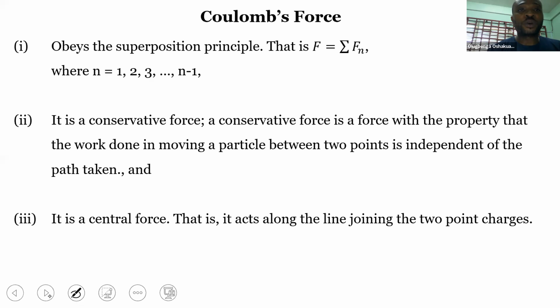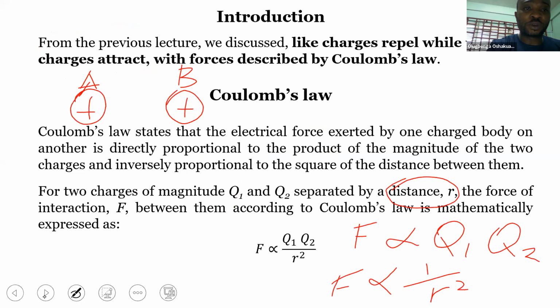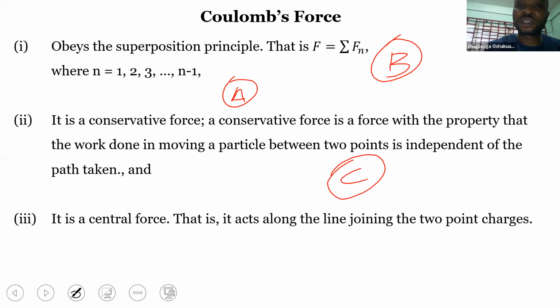So Coulomb's law obeys the superposition principle. We spoke about Coulomb's law earlier when we defined it, and we referred to two bodies. But what if we have more than two bodies? So when we have a certain body A, another body B, and a certain body C, and we want to know the effects of